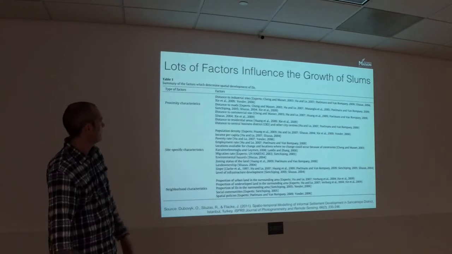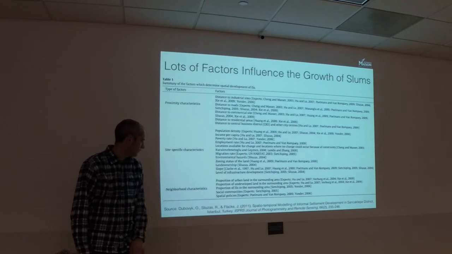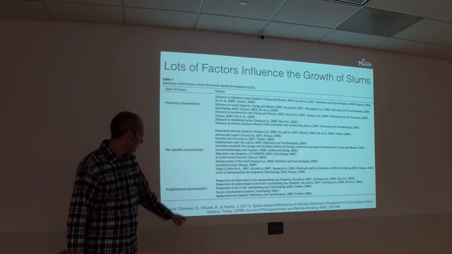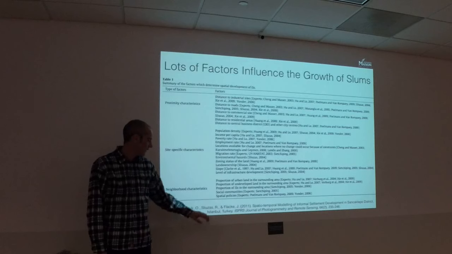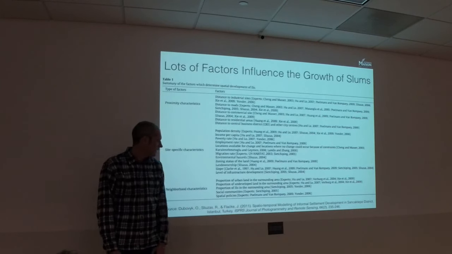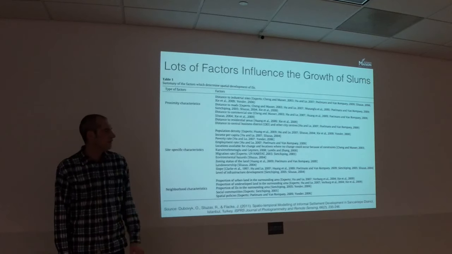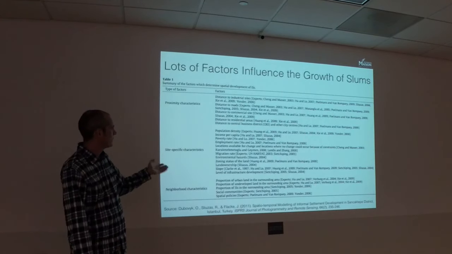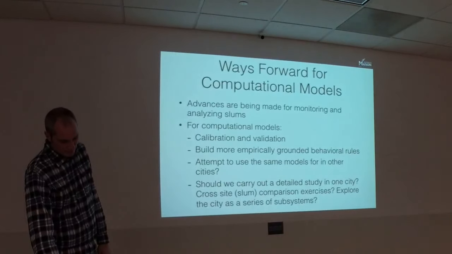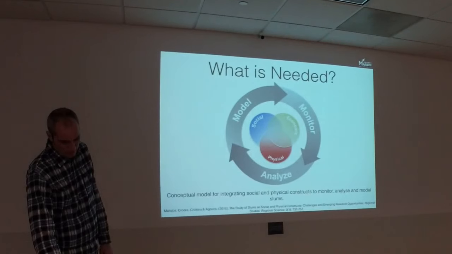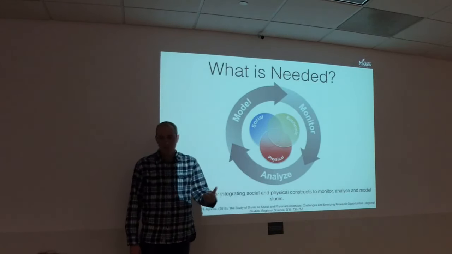But there's lots of reasons why slums grow. And this is from Dubovyk and Richter, and Sluaris from Johannes Flack, who did one of the first agent-based models of slums. And they're from ITC in the Netherlands. But there's a lot of reasons why slums grow and change and things like that. But I don't think just modelling is one thing. I think we need to get all these different things together.